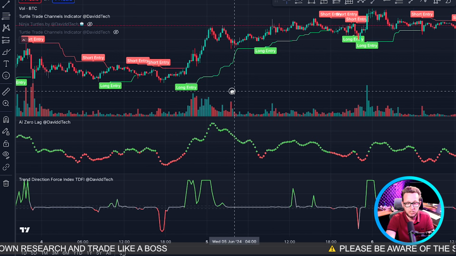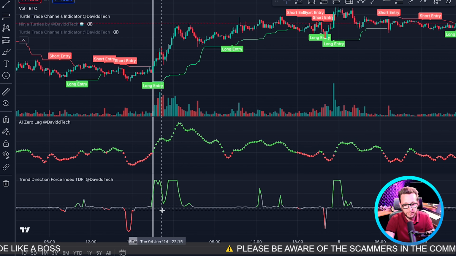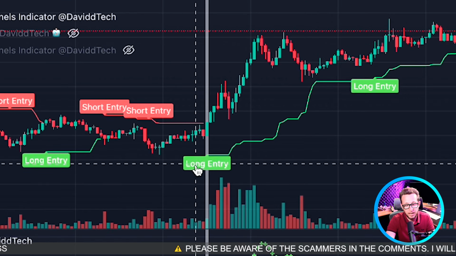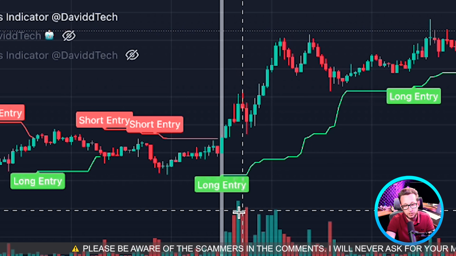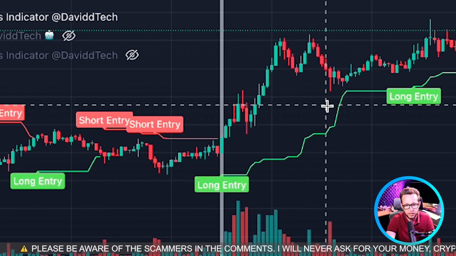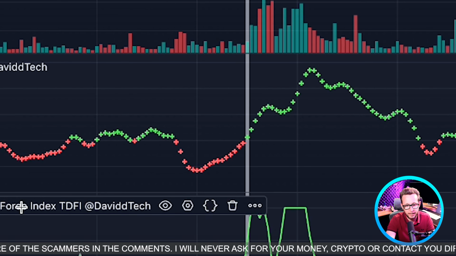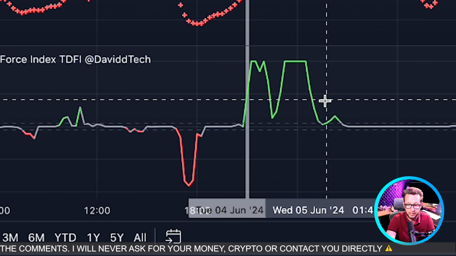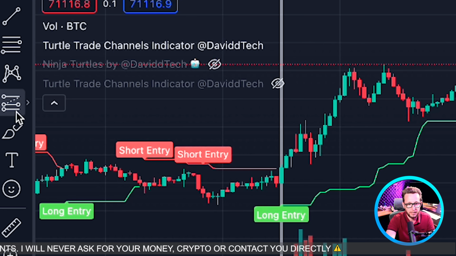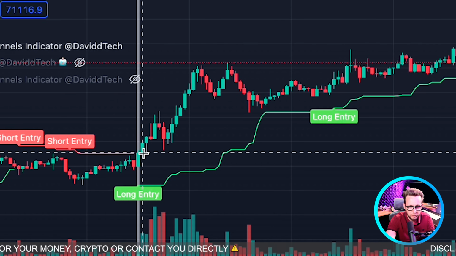Let's have a look at these entries. Let's cherry pick an entry just here. As you can see, this entry looks great. We have a long signal here with a green background just here on the Turtle Trade channel. Our AI Zero Lag has turned green, and our Trend Direction Force Index has turned green as well. So we're going to take an entry on that candle just there, the following candle just here, and then we're